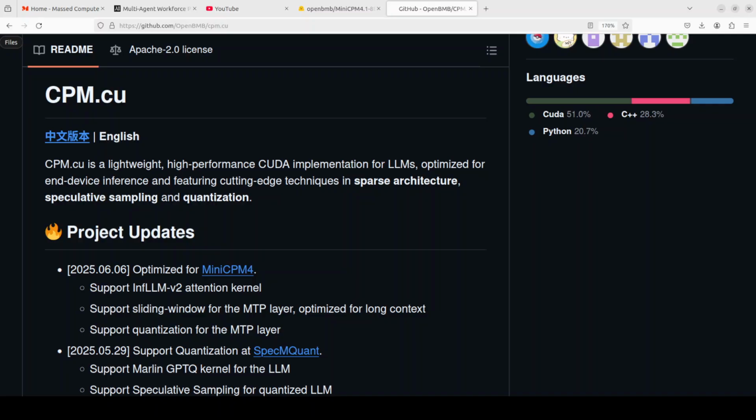Sliding window for long context, and it also has got GPTQ kernels for quantized speed, tree-based verification for speculative tokens, all stitched together with fused ops and chunked prefill. If you don't know what chunked prefill is, I have done a very easy to understand video on the channel. Check it out. We will talk a bit more about it, but for now, as you can see,